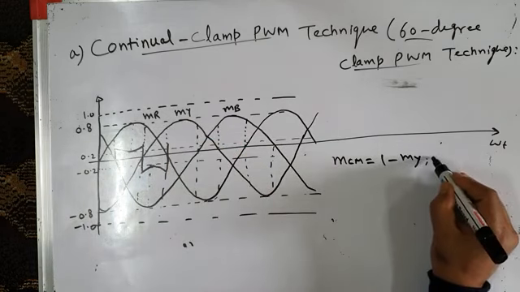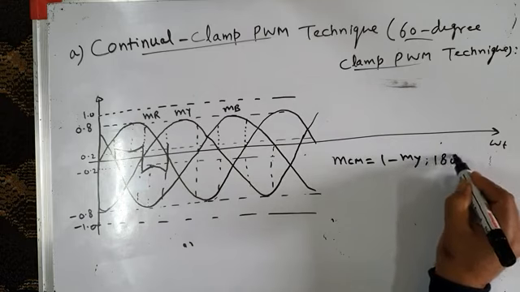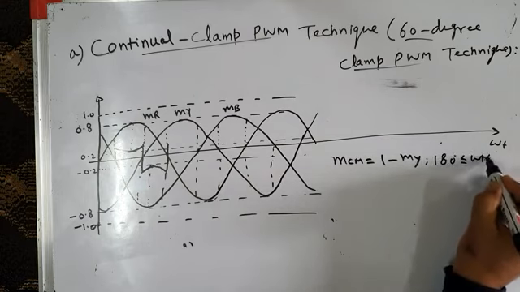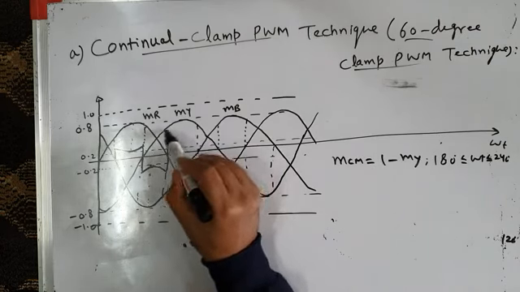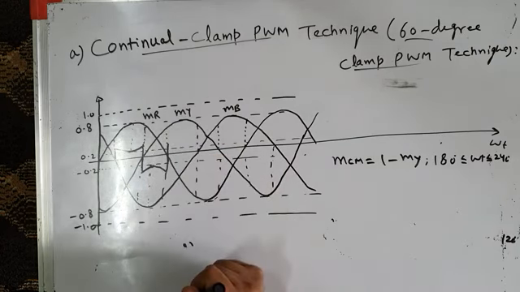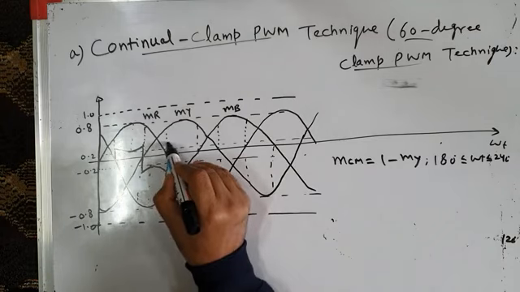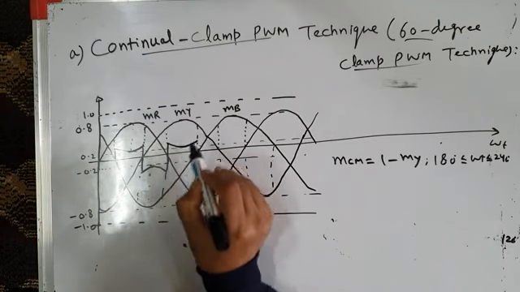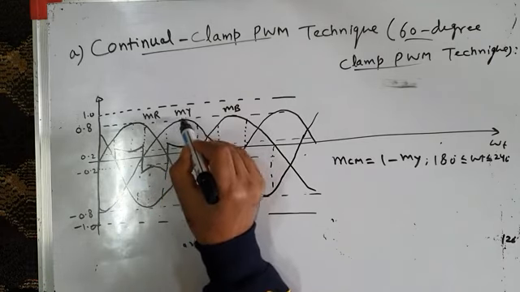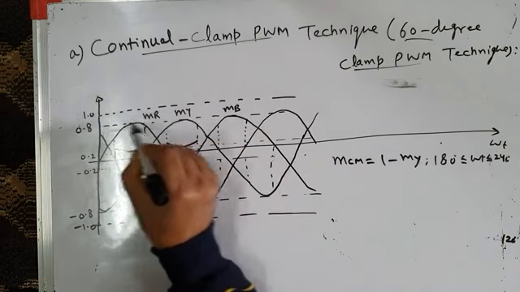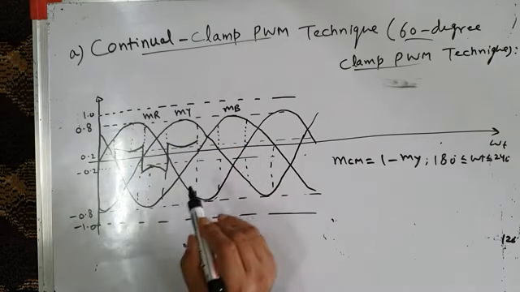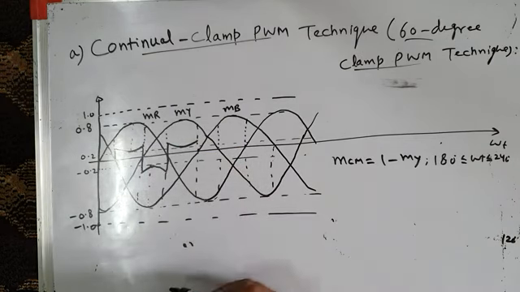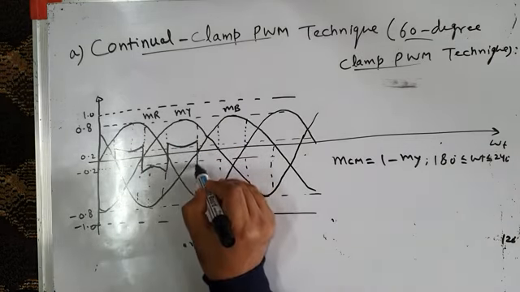So this is from 180 degrees to 240 degrees. You can see it is from 180 degrees to 180 plus 60 is 240 degrees. So it will also follow the same pattern. It will be like this. And near the peak of My, what is 1 minus My? 1 minus My is 1 minus 0.8, that is 0.2. So it is near the peak, it is 0.2, and then it rises again. Okay. Then it goes down.